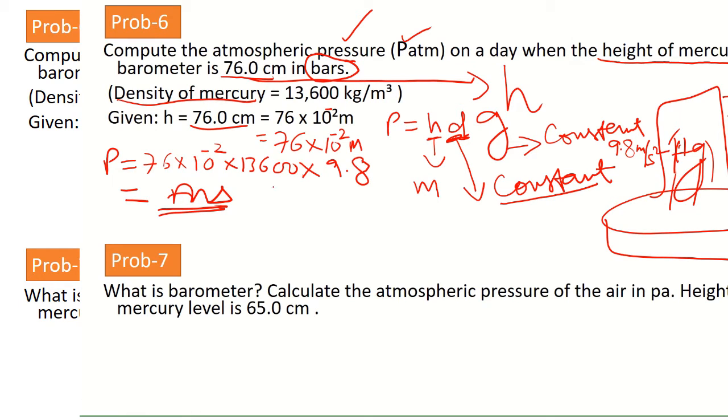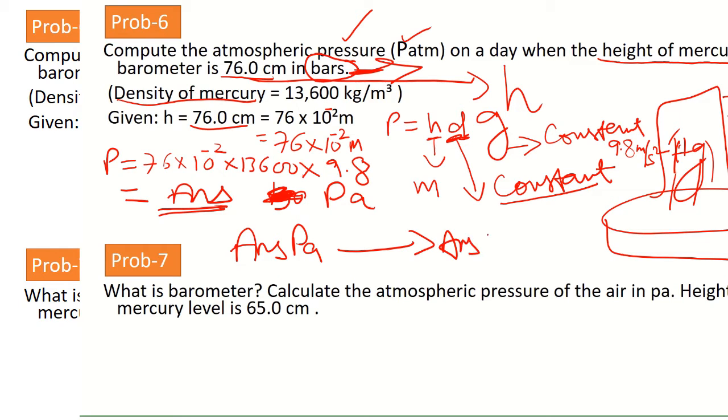This answer will come in Pascal, but the question says you have to find the answer in bar. So what you have to do here, the answer you are getting in Pascal, you have to change your answer to bar